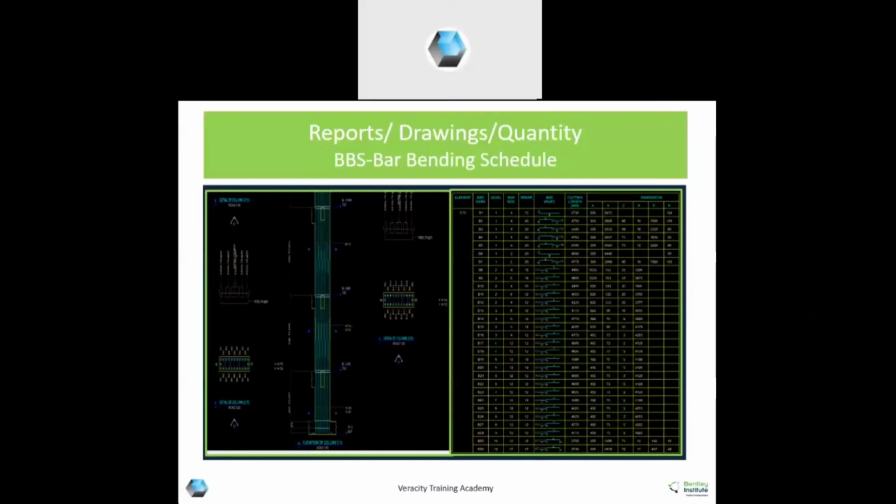Font size or the text might be very small, but it's an AutoCAD file, it's a DXF file. You can easily export and take the printouts, and it is very much customizable. It has all the layers of bar, diameter, separate layer of reinforcement, separate layer of column, separate layer for text, and you can fit it in your layouts or drawing sheets.